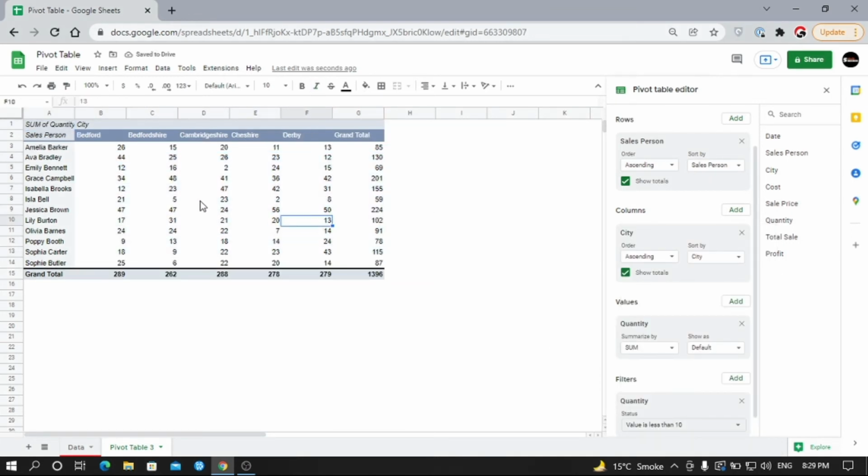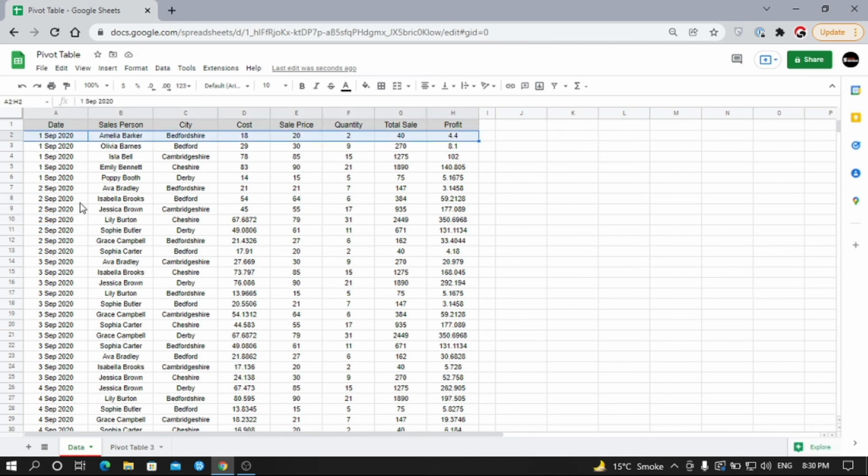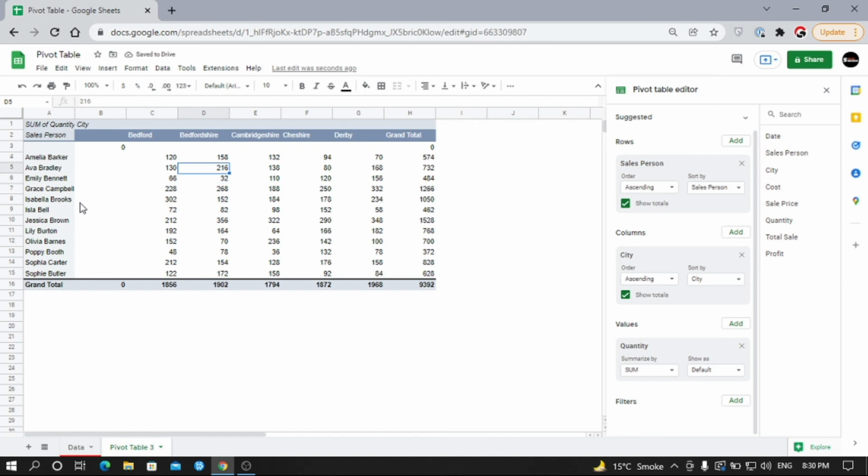Now comes the point which I told you at the start of this tutorial, why I am selecting the complete columns in this data range. First let me clear the filters, then see the data now. Let's copy the entire raw data and paste it again under itself. Now check the numbers again in the pivot. You can clearly see the numbers have been doubled, so this shows that if the pivot has the range, then it will update automatically.